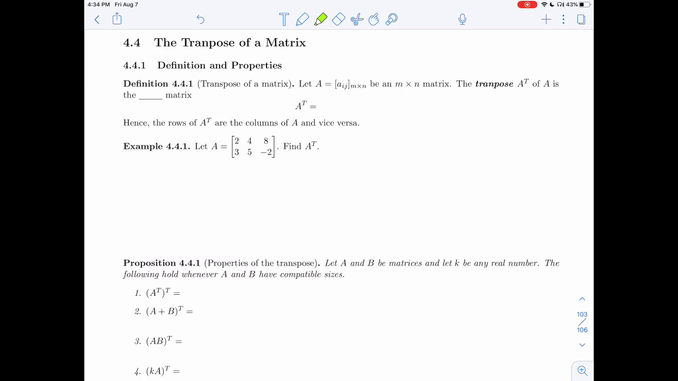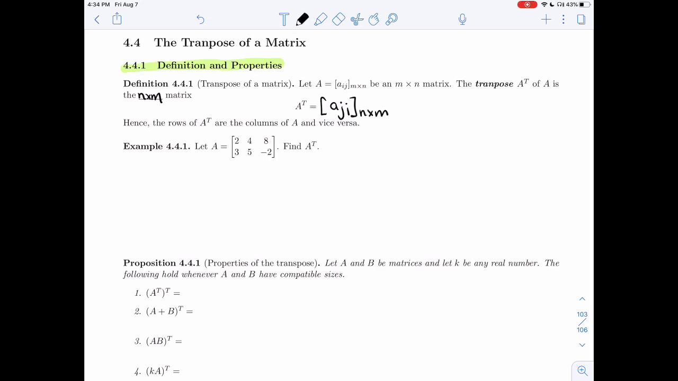In section 4.4, we'll be talking about the transpose of a matrix. Let's first define this in section 4.4.1. Let A be the m by n matrix with entries A_ij. The transpose A^T of A is going to be an n by m matrix. So the number of columns and rows is switched from what A had, and we will be switching i and